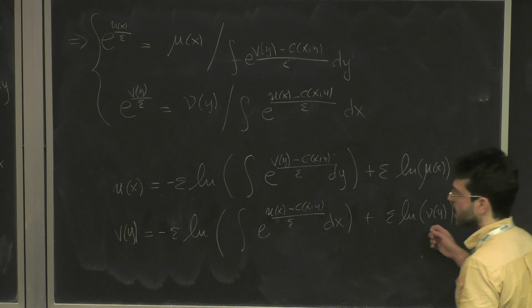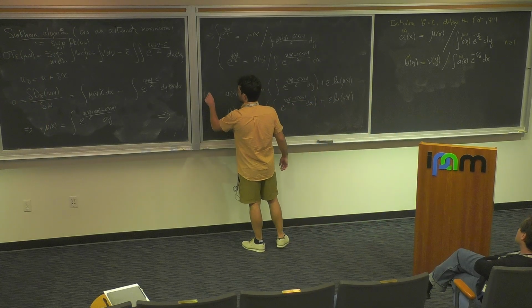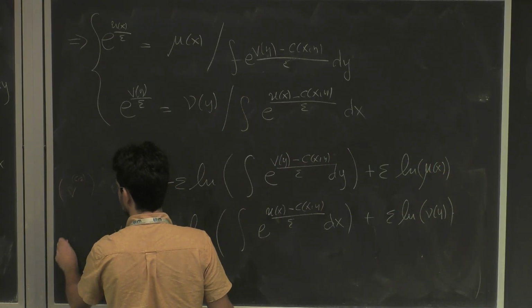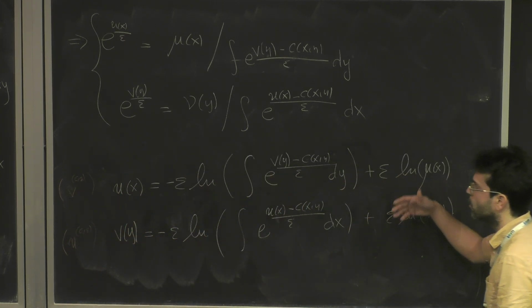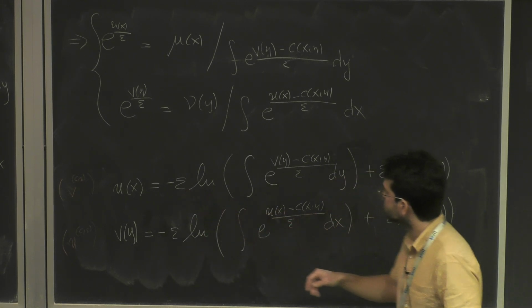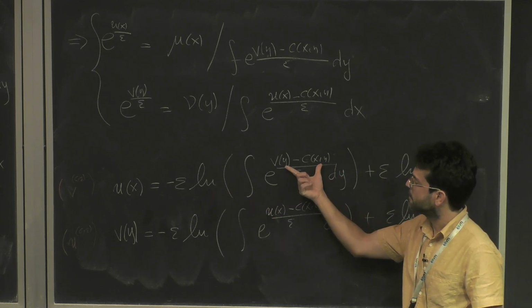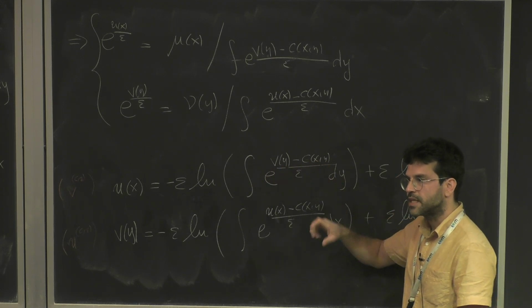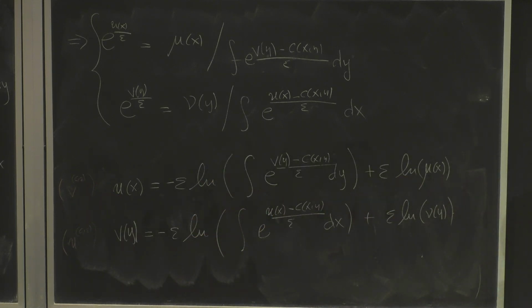So this transformation here, let me put this between parentheses, has been called the C epsilon transform, because this is really consistent with what we generally do. So this is the V C epsilon transform, and this is the U C epsilon transform. It is very consistent, for those of you who know, with the C transform: when epsilon goes to 0, you recover exactly the arg max, or the arg min of C minus V. That is precisely the condition that you get for the definition of the C transform.